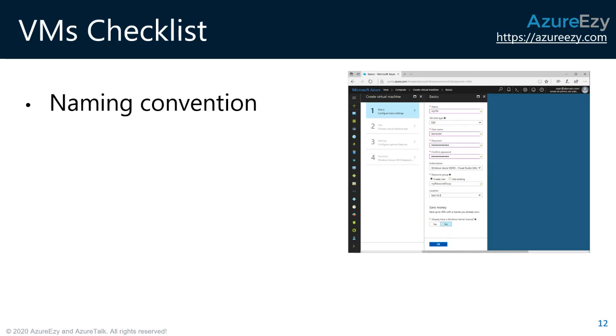During your dev test or during your learning, you can deploy a virtual machine called my VM, Ashish VM, or whatsoever. There is no context to it, and there is no problem in it. Microsoft is not going to raise any question on it, and it will deploy. But when you are talking about implementing a solution in production, you must have some naming convention in your organization that you abide by, and the same thing applies to Azure Virtual Machine as well.